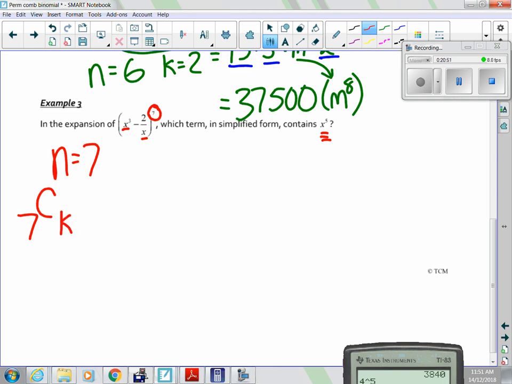7Ck. Now the trouble is we don't know our k yet, so I'm going to leave it as just a variable. Now I have x cubed to the 7 minus k and negative 2 over x to the k. So that's just cutting and pasting the things from my equation onto here. Now, what I'm going to do is I'm going to go,